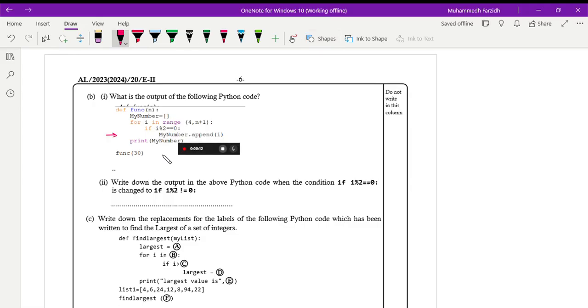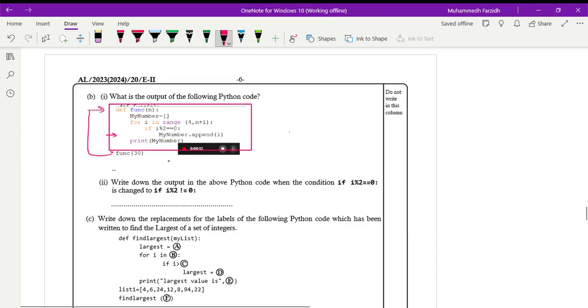So what it does, it takes the function here, it calls the function here, and it goes to this specific point. So it's a good practice to circle this, like, scar the area and work with it. Okay. So it goes to the function and takes 30 here. Instead of n, it's gonna take 30 and it's gonna create an empty list. Then it starts the for loop on the range of 4 to n plus 1. So it's gonna start with 4, and n is 30, 30 plus 1 is 31, and it will go until